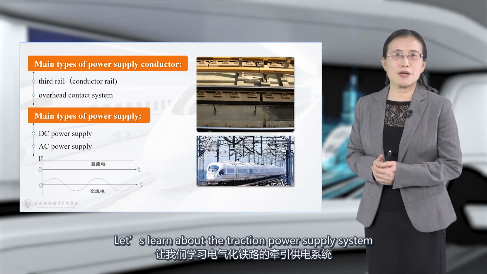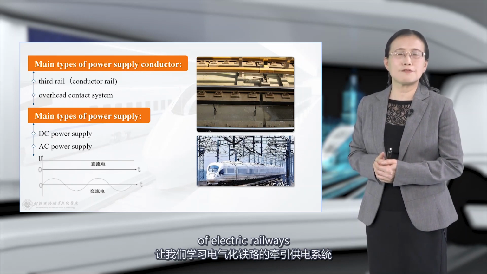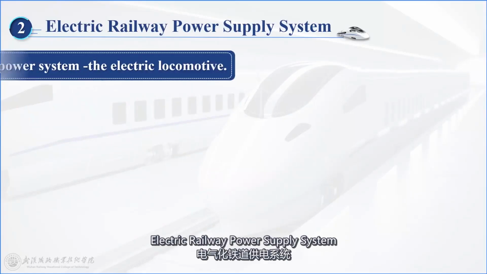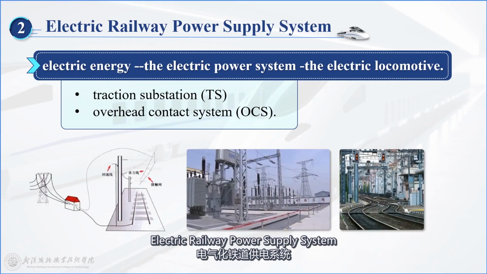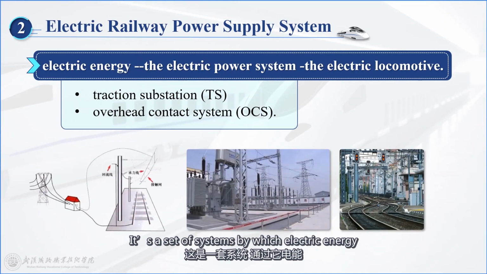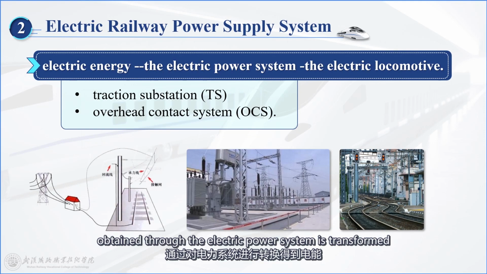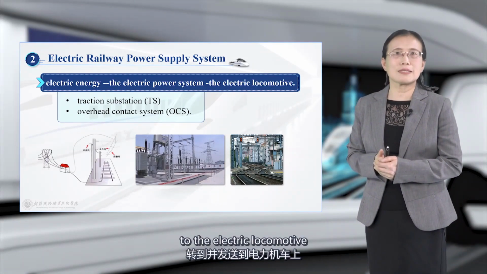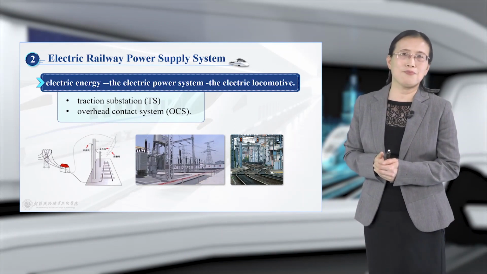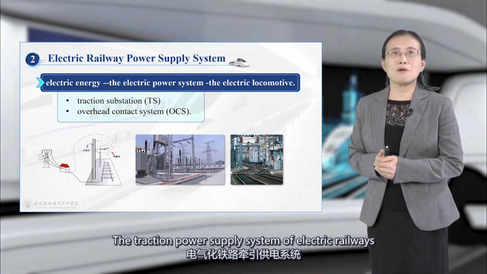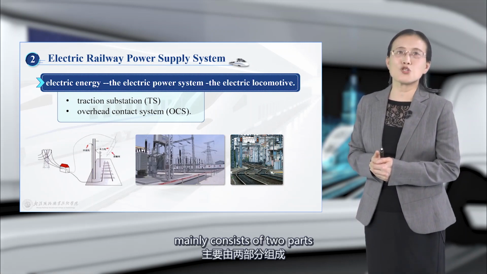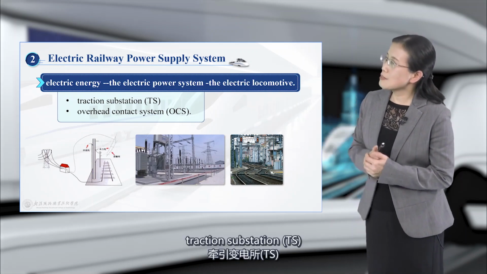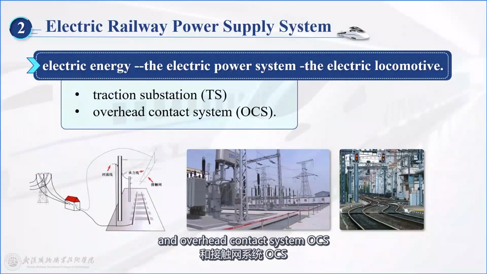Let's learn about the traction power supply system of electric railways. Electric railway power supply system. It's a set of systems by which electric energy obtained through the electric power system is transformed and switched and then transmitted to the electric locomotive. The traction power supply system of electric railways mainly consists of two parts: traction substation and overhead contact system,